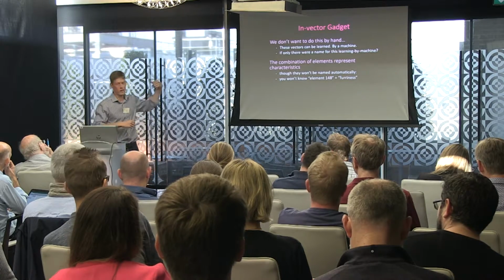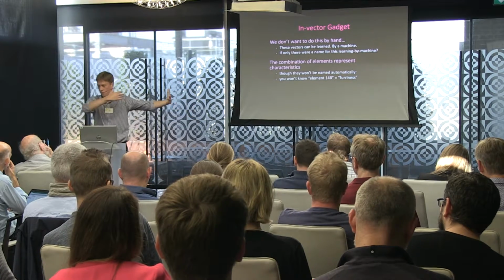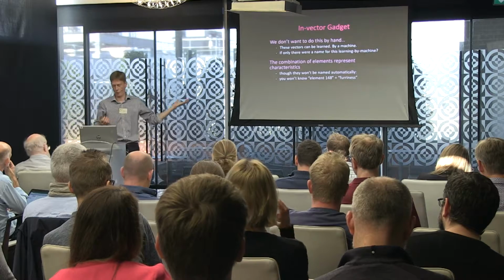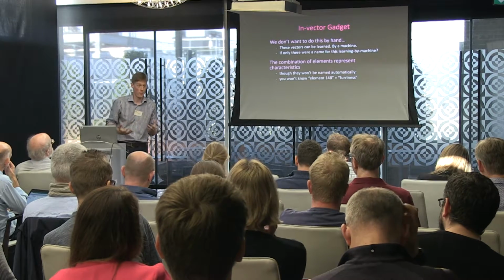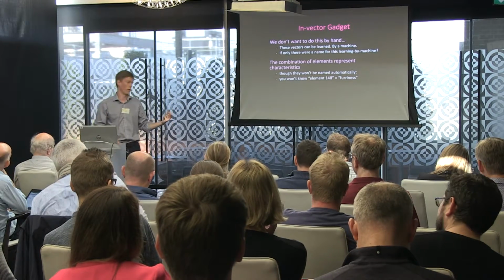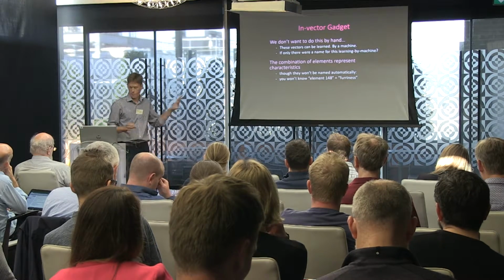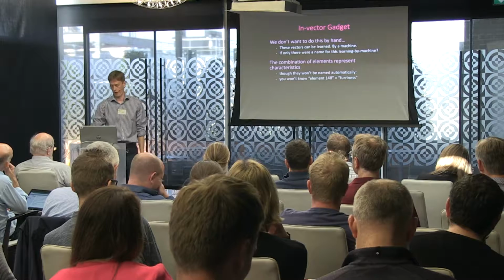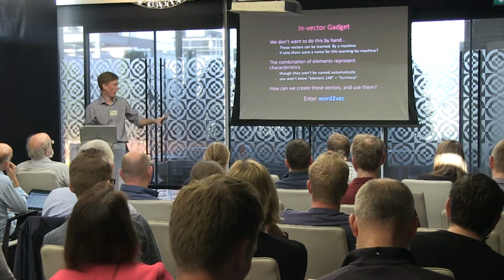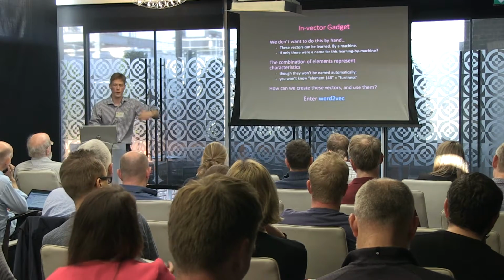So I'm not going to know that out of my 300 characteristics, say, one of them's furriness. I might be able to work it out, I might be able to back it out, that actually these are the things that gerbils and hamsters score highly on and snakes don't. But we're just going to let the machine go and do its thing. And this is where word2vec, fastText, these kind of things kick in.